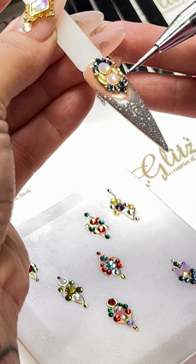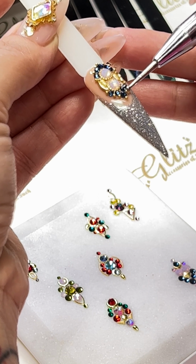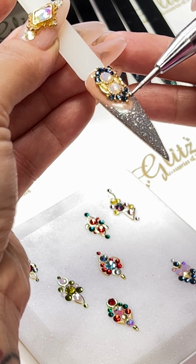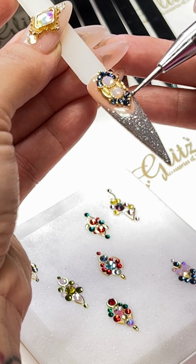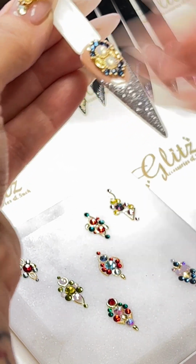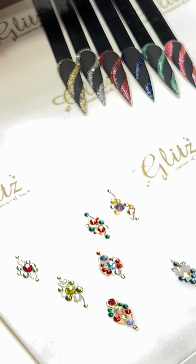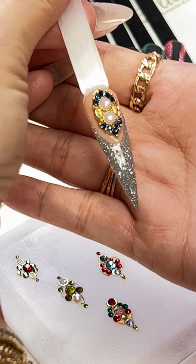I'm using the crystal kits, and then I use that one, the sapphire, like the ones in the newest crystal kits. I'm so happy to have more colors to work with. Yes, right. Especially with the holidays, with Christmas and New Year's, I use a lot of colors as a centerpiece, and I have